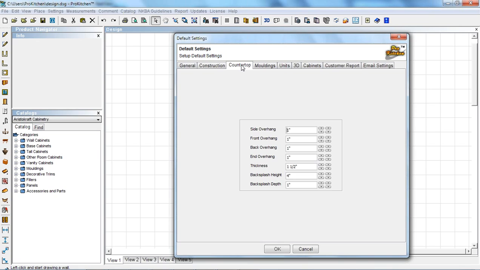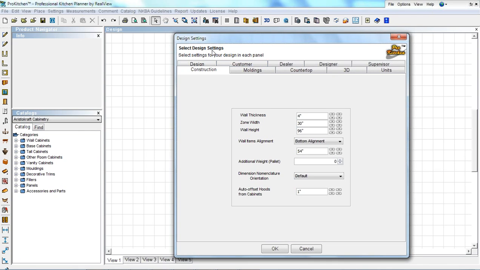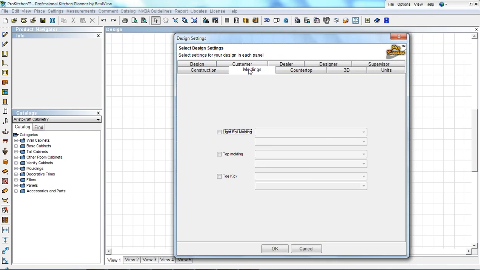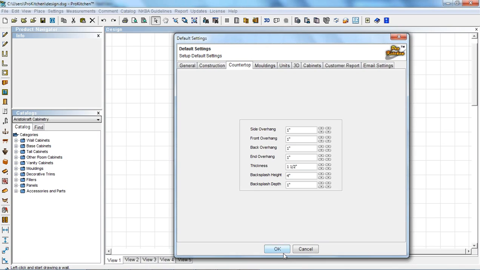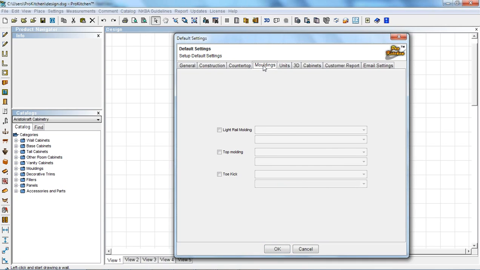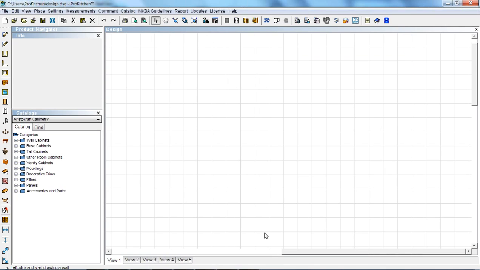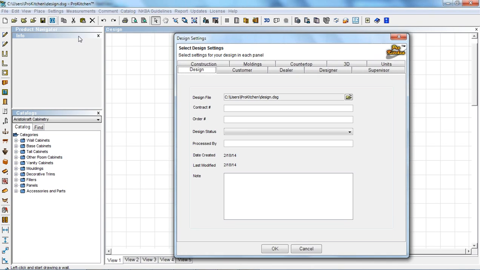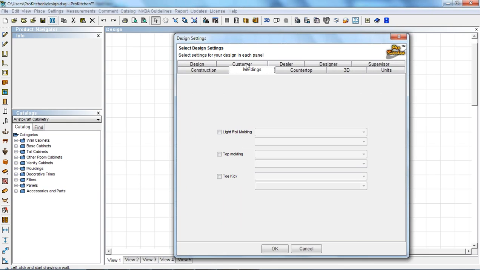The countertop tab, once again, I'll move next to moldings. We have you choose your moldings at the very beginning. You can change it at any time. In fact, I'll come over here to close out of my defaults. And you can also set your moldings, by the way, in your defaults if you have favorites. But I'm going to click OK and come out of here. Anytime after you've started the design, you can click on this button and come back to your design settings and